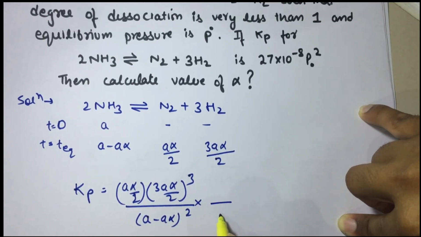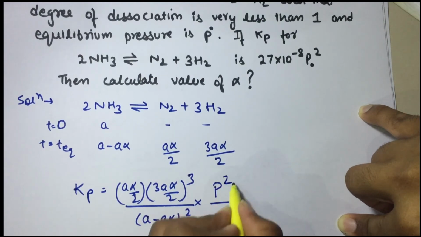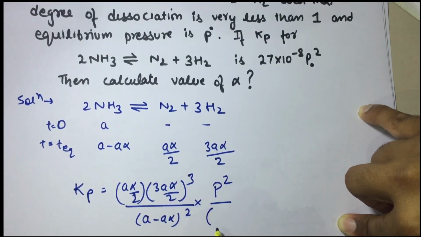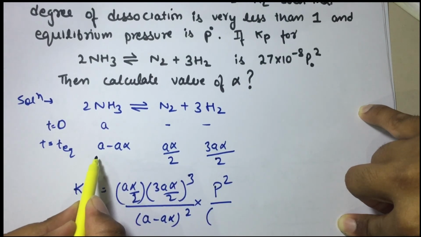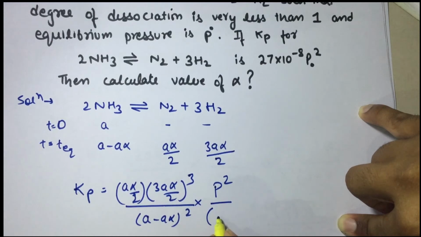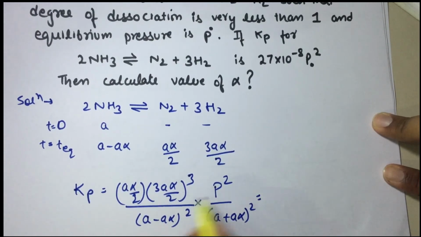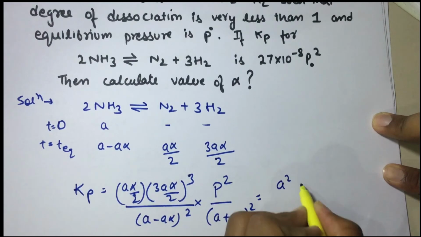So here we write volume if we are writing Kc, but now we are writing Kp, so we have to multiply pressure in the numerator to the power 2 and total number of moles. On adding this, we have seen in the last example, it comes out to be A plus A alpha, now to the power 2. Now by solving this, we will get A alpha